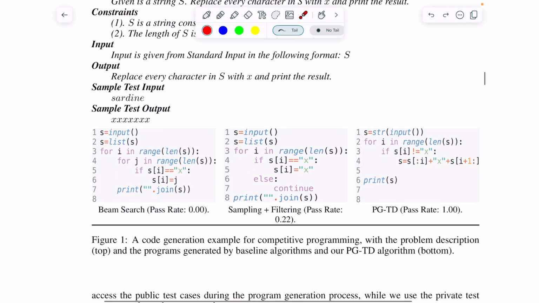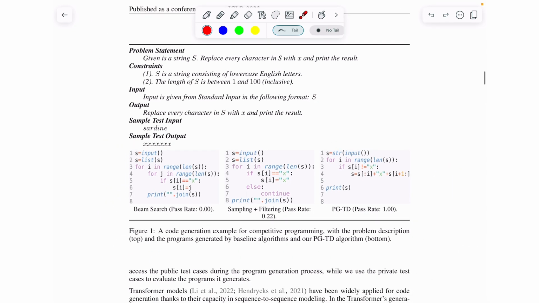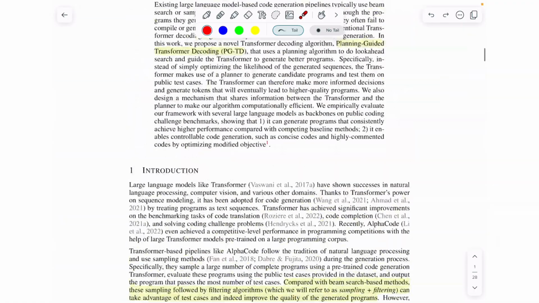Let's see some of the responses that they get. For example, in a standard large language model that uses something called beam search, we will go a little bit deeper into what beam search is and how it works, before we jump into how they improve beam search further. Based on that, if you use beam search, you get a pass rate of 0, whereas if you use their method, PGTD, you get a pass rate of 1, right? Given this brief motivating example where it works,